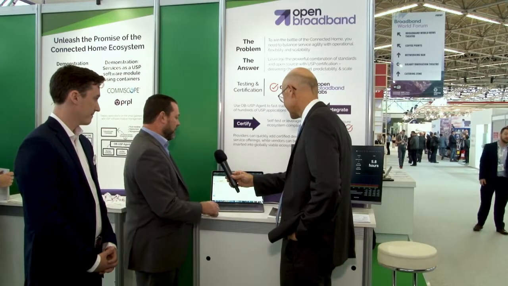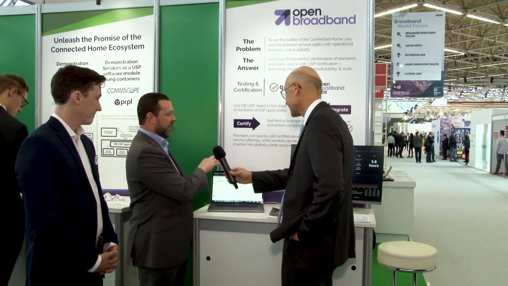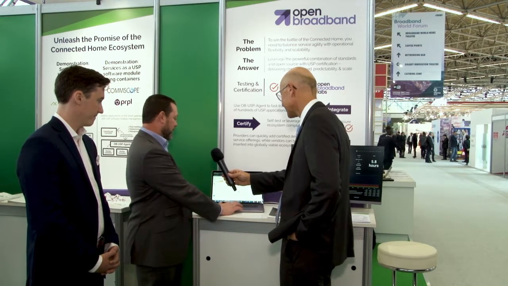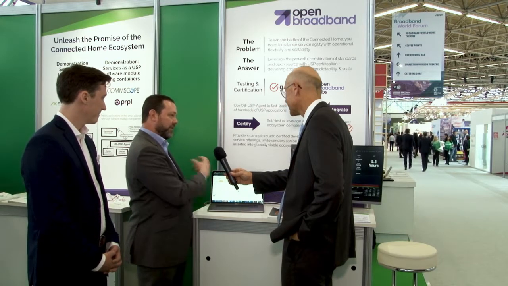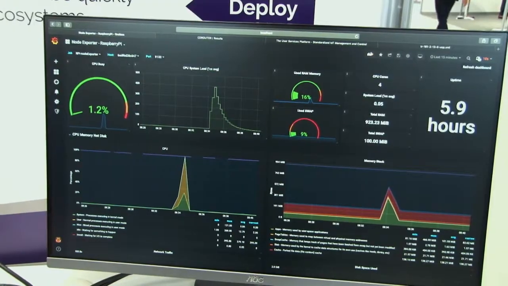So one of the things that's running is a Prometheus node exporter, that's what's taking all the statistics of the Raspberry Pi and exporting it out so that we see a real-time view of what's happening there. Another one I have is a stress test application, and so when I execute this action over here, that's going to tell the device via USP to start that Docker container and run the stress test. And so I execute that here, and then if we come back over to this screen on the right and we refresh it,